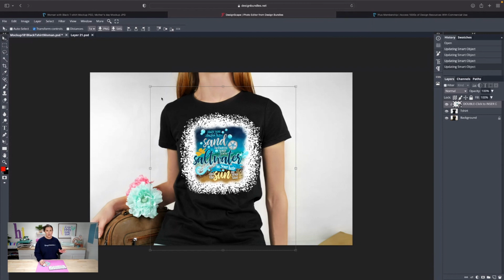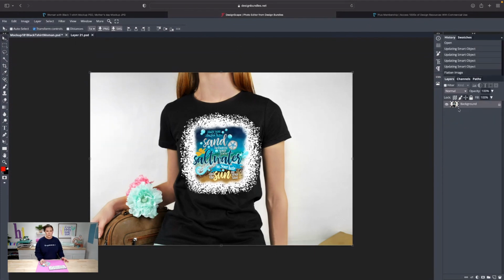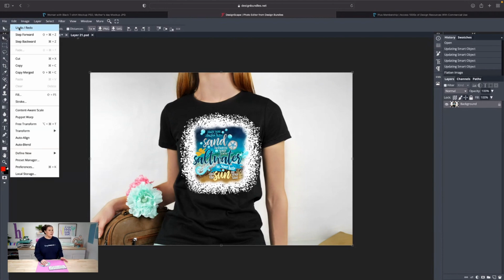So to save this entire file, as you can see on the right-hand side, we have several different layers. So what we want to do is go to Layer, and I want to go to Flatten Image. So now if you look on the right-hand side, it's one solid file. And to save this so that way I can reshare it to social or wherever I may, I'm going to go ahead and click on PNG. So you're going to notice when I click on this PNG, it's going to immediately download straight to my computer. So that file is ready to use. Now I'm going to go ahead and come back up to Edit, and I'm going to undo.